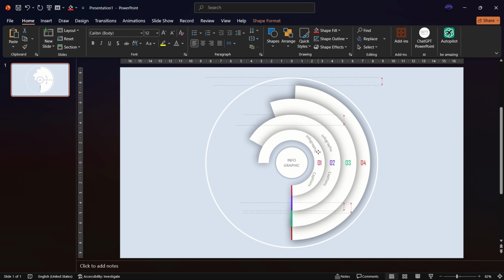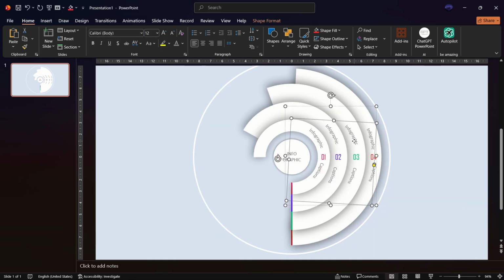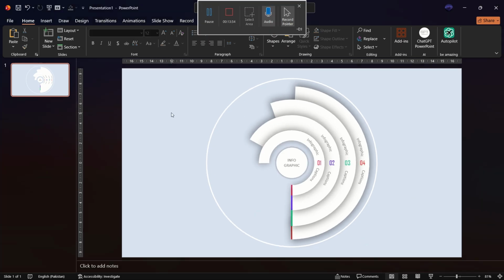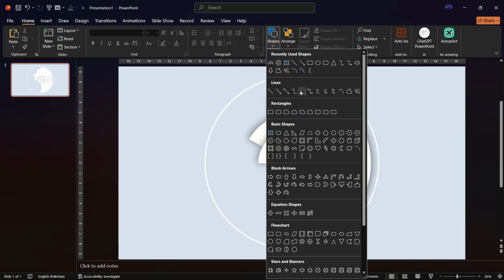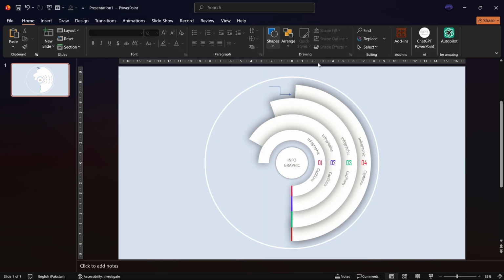Then we're just gonna duplicate it and put it on each of the shape. Now the next thing we'll have to do is just put the shapes, align them, align everything, and group the text box of both sides. The next thing we'll have to do is just insert this arrow and type your text,